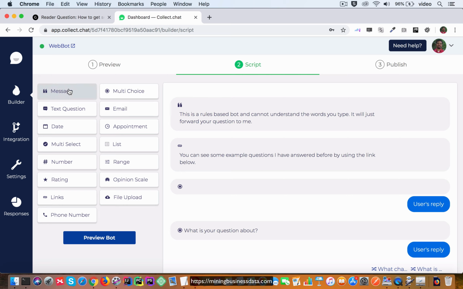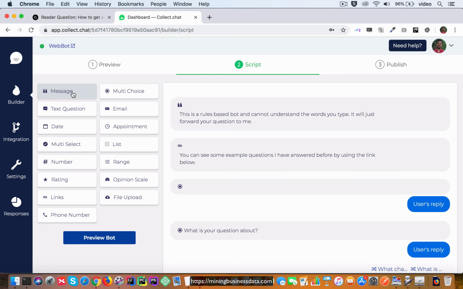For example, the message block is just going to show some information, so there's no need to collect any information, which means that there's also no need to prompt the user by showing them a text box, which I'll say is a really good user interface and user experience, because we avoid confusing the user